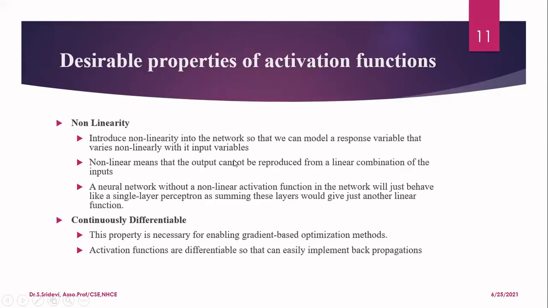Now, activation functions have certain properties. One is that the function should be non-linear, because whatever data set you are selecting, we cannot say that all data sets are linear. So the function should be able to work on non-linear data sets also. That is one of the important properties of the activation function. The second one is that the function should be differentiable. In neural networks, we have gradient-based optimization methods, which are mainly used in backpropagation, that we will see in the next class. If the function is differentiable, then you can implement them. So this is the second property of an activation function.